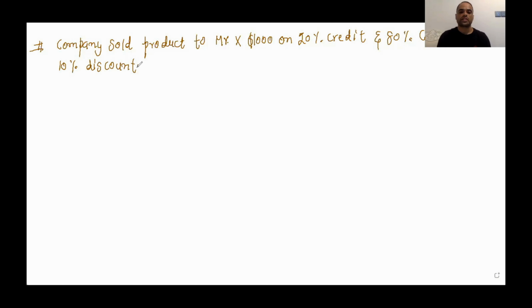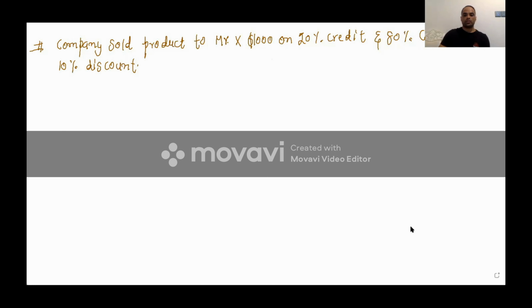Company sold product to Mr. X, $1,000 on 20% credit and 80% cash with 10% discount. So do this one, and